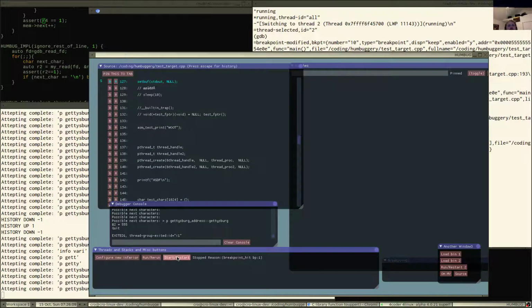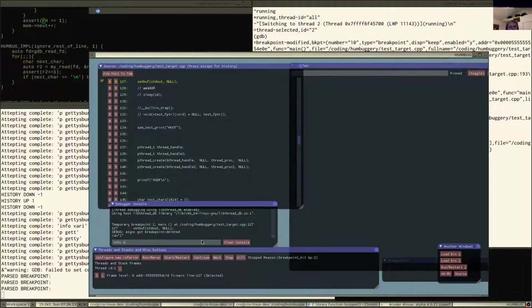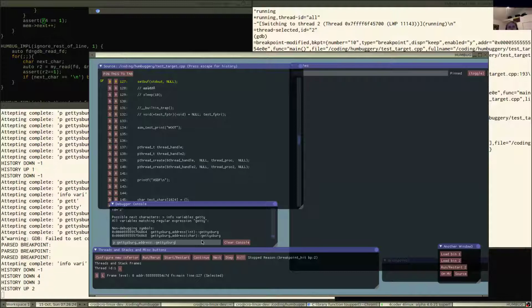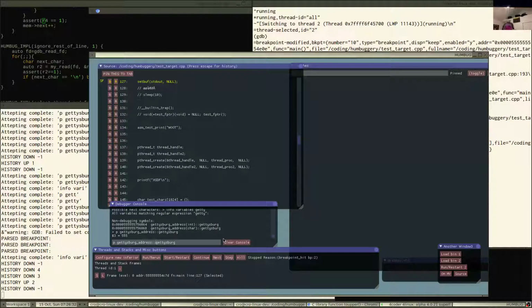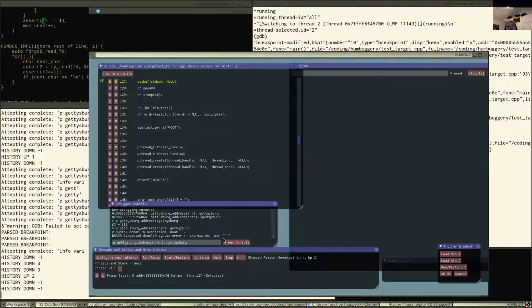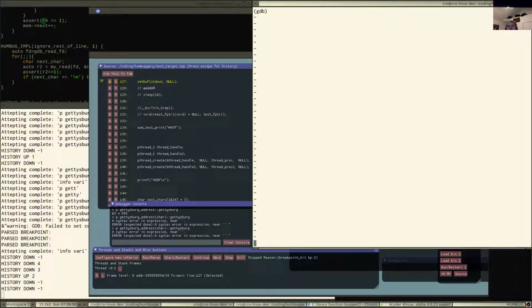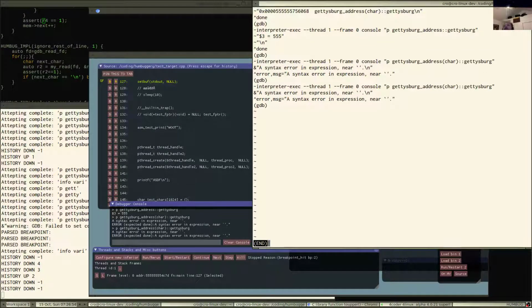So info variable getty, right. All right, so if I do that, it's just guessing and picking one, I'm assuming. And if I do this, it doesn't understand the syntax. Okay, so is it because of some weird escaping thing, right? Like, if I did